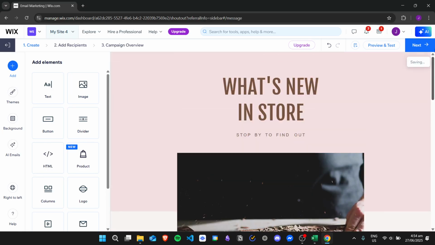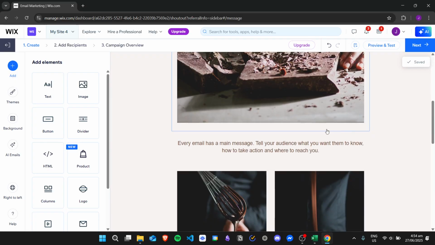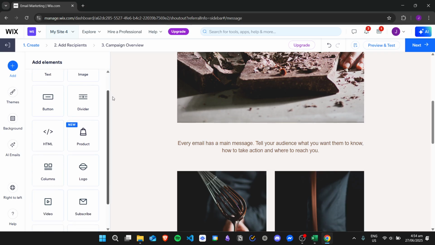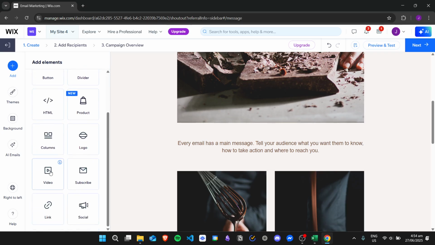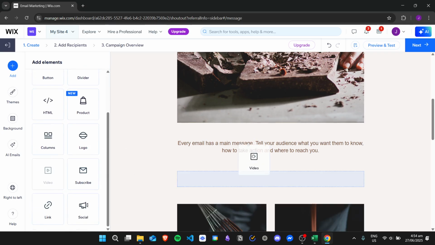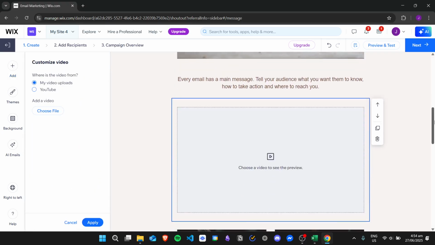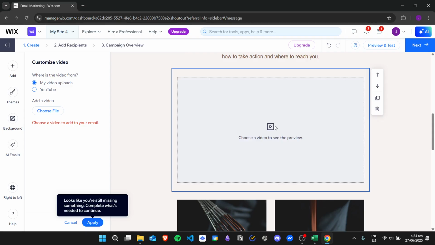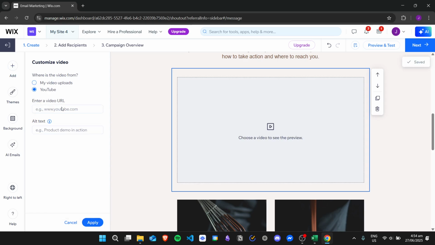And then moving on, how to add a video. From here in add elements, we'll just need to find the video option. Just drag and drop this into your website, and then once we have this video element, you can choose if you want to upload a video from YouTube, or you can upload your own video. For example, I will upload my own video. We can choose the file,